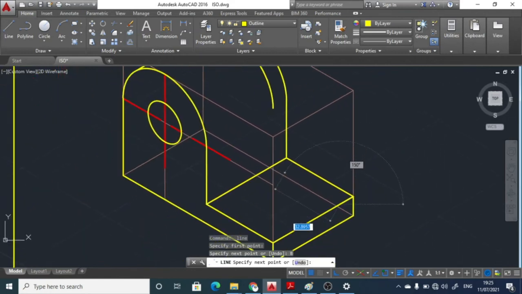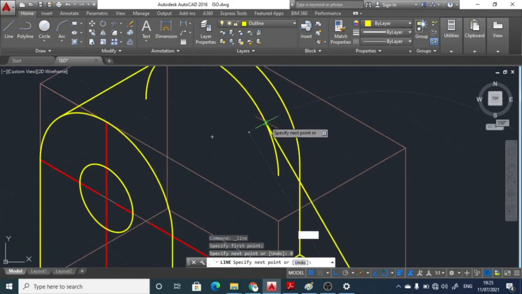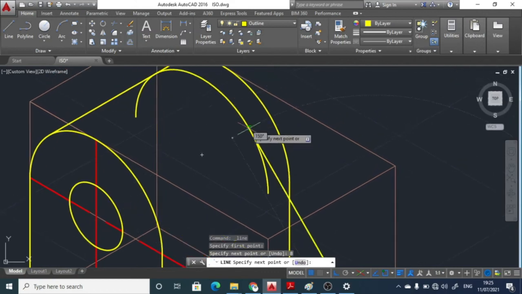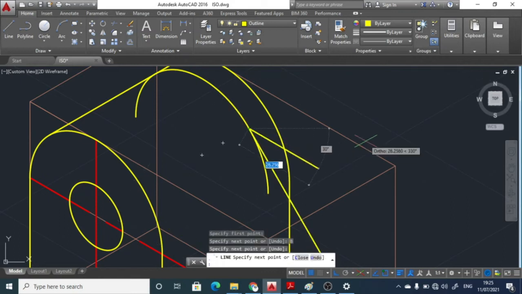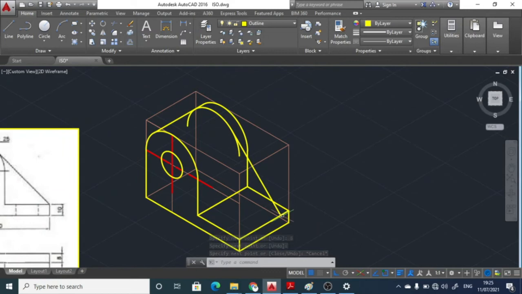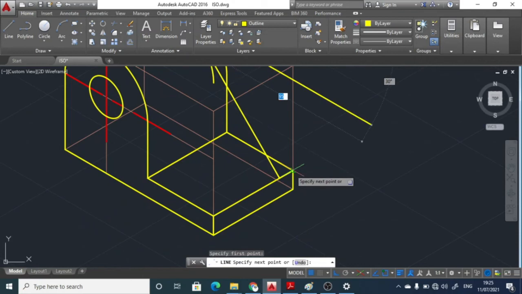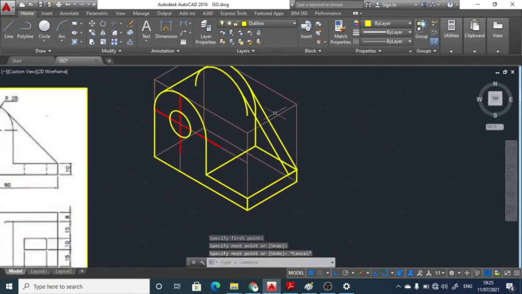Now you have to join this particular rib and this particular curve. Tangentially you can join it. So move your cursor over this circle. You will find either a quadrant symbol or the tangent symbol visible. So we can do it like this. Make a tangent likewise. By taking the 8 mm over this distance, you can just draw the tangent. Similarly on the back side also you can do it. Like this you can draw.